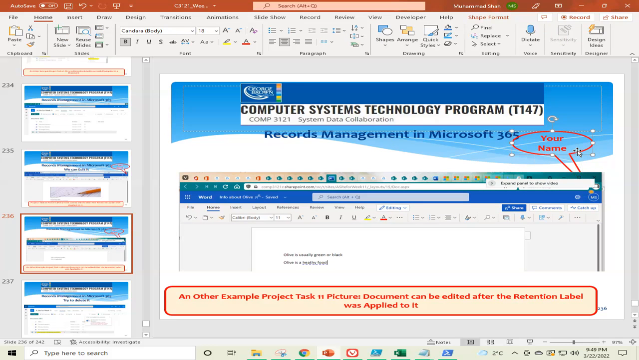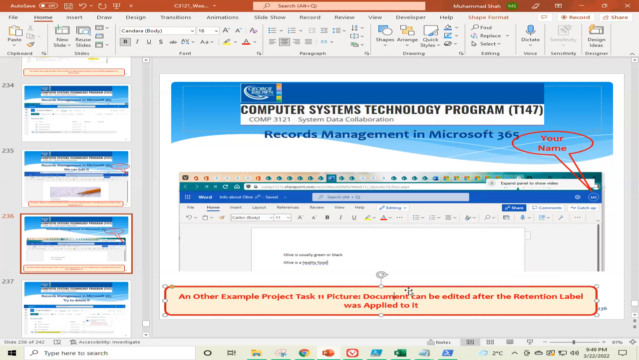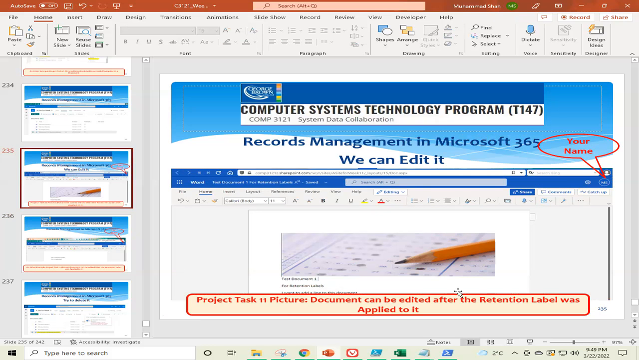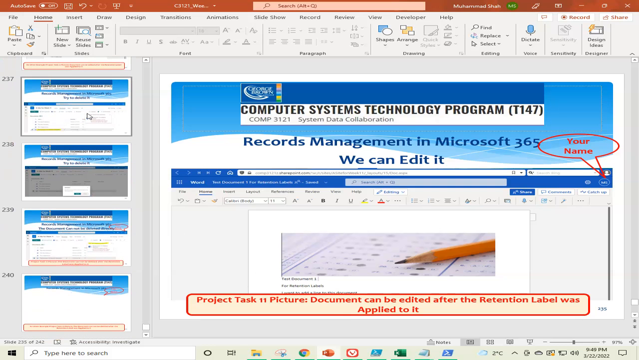This is my name. And this picture shows that document can be edited after the retention label was applied to it. This is the title for the Project Task 11 picture. Project Task 11 picture shows that document can be edited after the retention label was applied to it. Yes. So this is our second last picture for today, and the last one is,